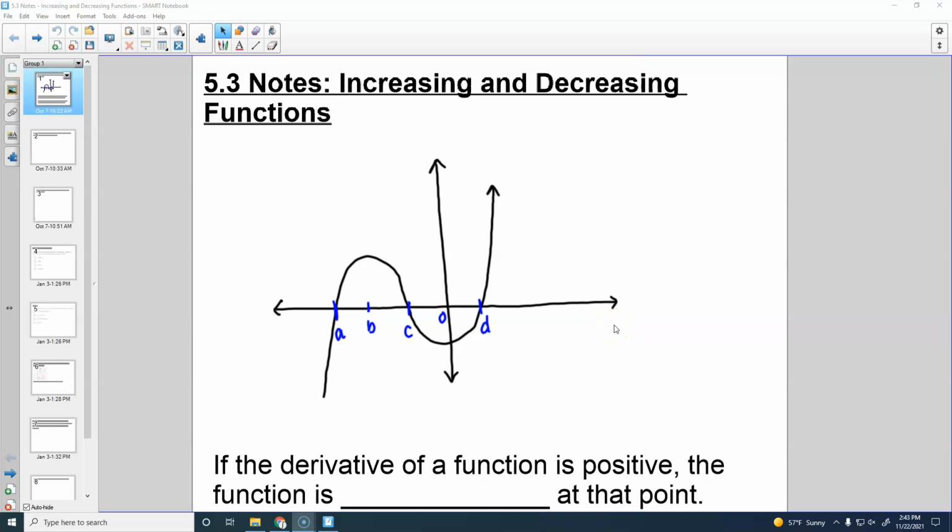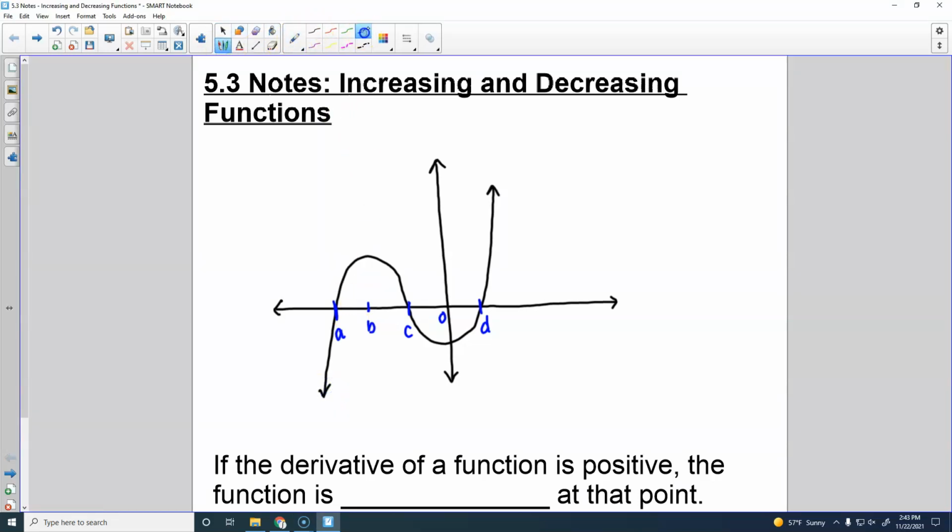Okay, so I just have graphed a function here, and on this function, what I want us to do is think about what the tangent lines would look like at all of these points that I have put here. So if I have a tangent,